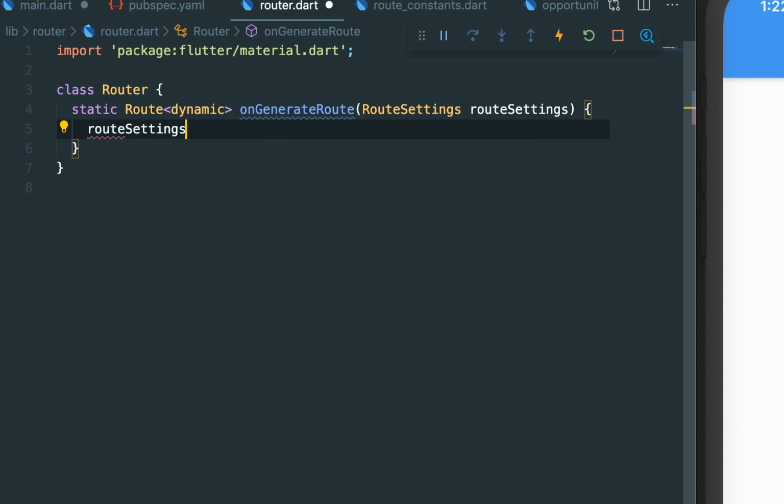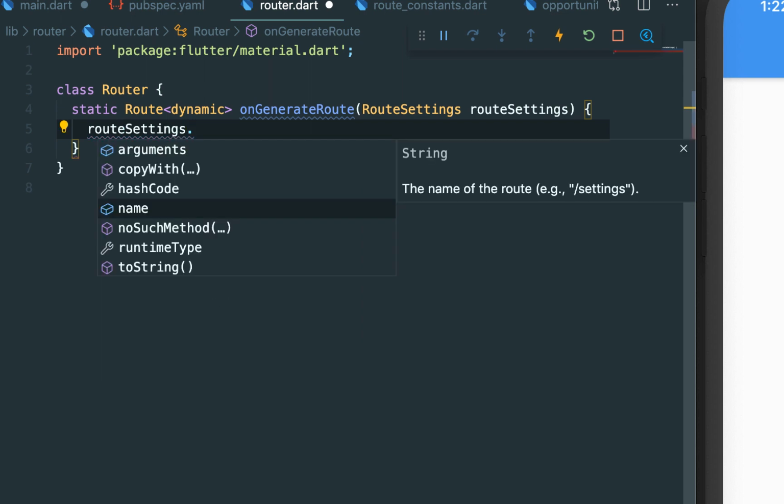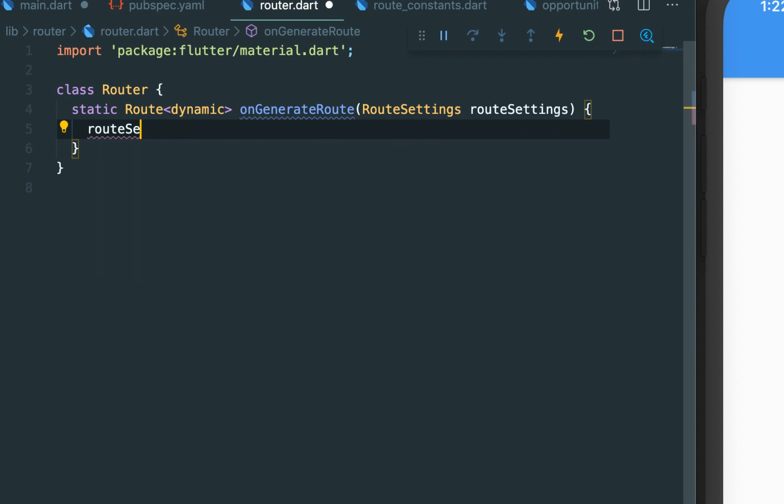If I write route settings and put the dot, you can see we have the arguments, and also we have the name. So what we can do is check for the name, and if the name is opportunities, we want to return the material page, and that material page will have a builder, and that builder will return the